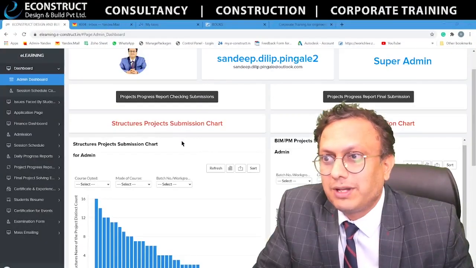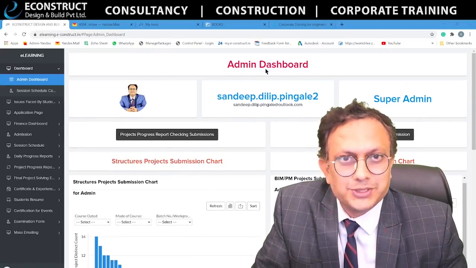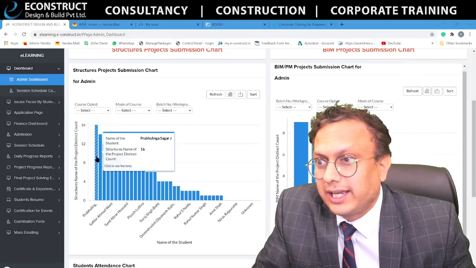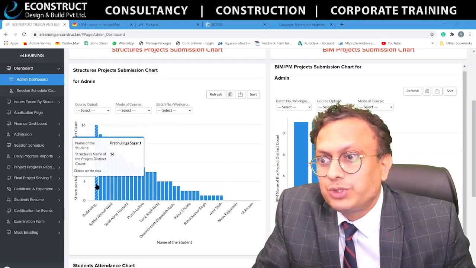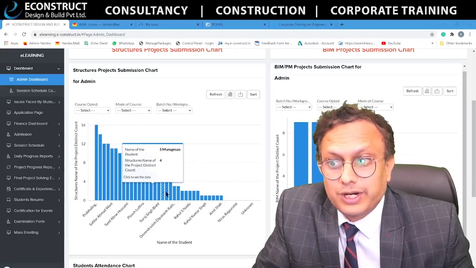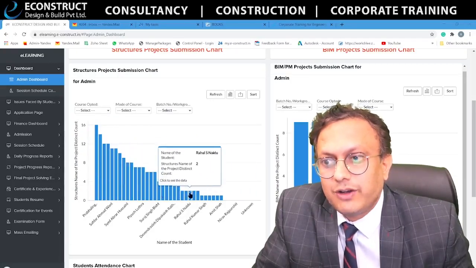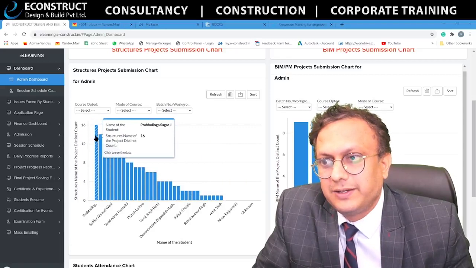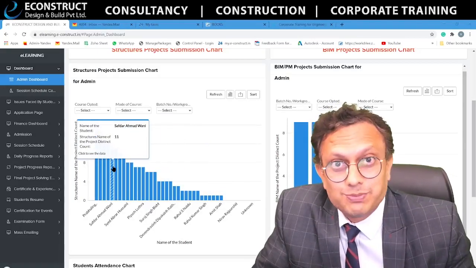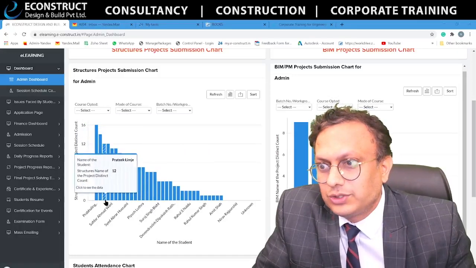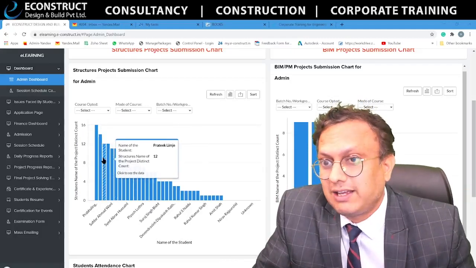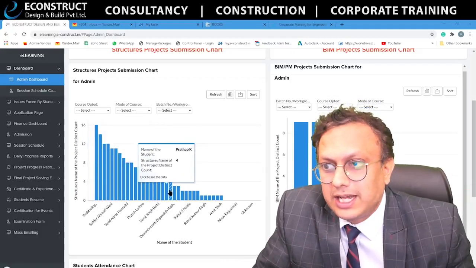To start with, I just wanted to show you the first dashboard that you will be having. Let's say this is the admin dashboard. This is not the student dashboard. We will be getting a similar dashboard for you. So this is the count of how many projects the students have filled up. Now this is the live dashboard. Some people have recently joined, so they have not submitted that many projects. But every person has submitted some projects. These are not fake names. So these students have submitted these many projects to us. I'll show you what kind of projects they have submitted a little later on.